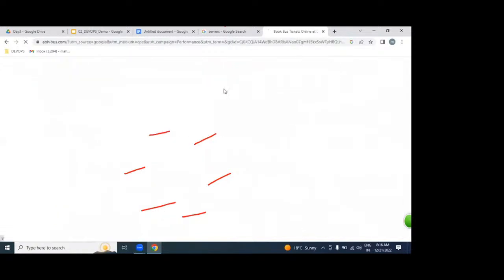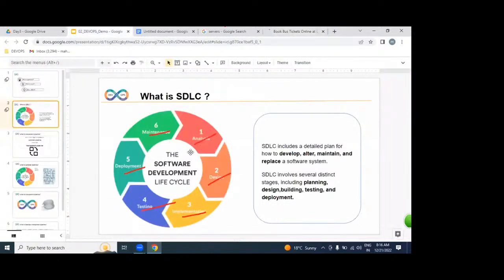Abibus, whatever it may be. So how exactly, guys, please? First, we need to gather information. What exactly is this business, whether it's a travel business, how exactly the login page, how exactly the registration page. Gathering information from the client. Based on that, it will be designed. Design is nothing but what? Plan. According to the plan, our developers will write the programming, either Java, .NET, Python, or anything, guys, please. Once it is implemented,